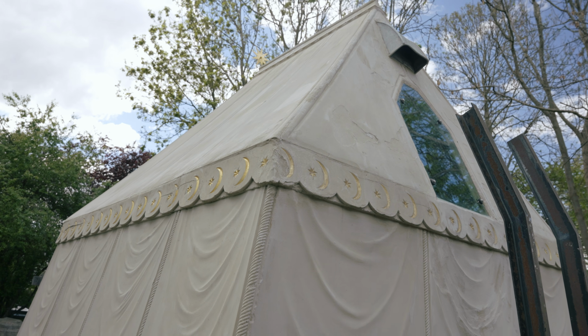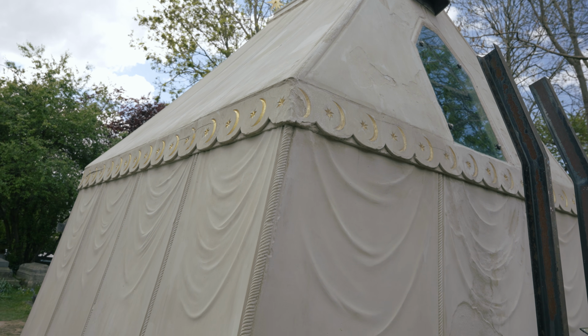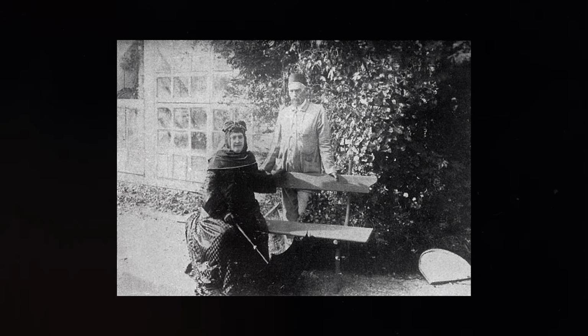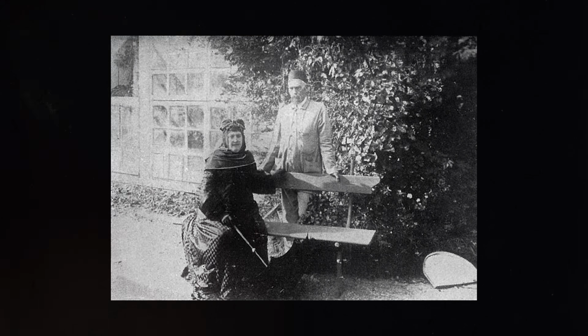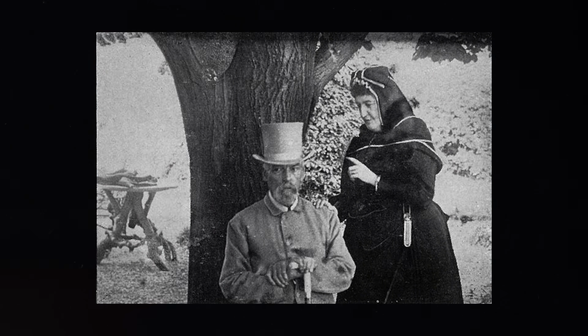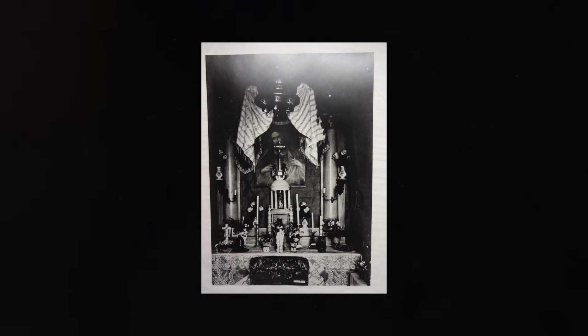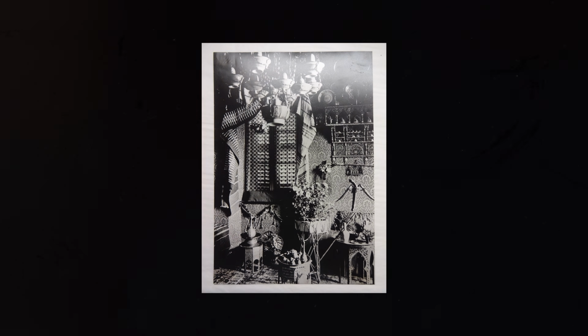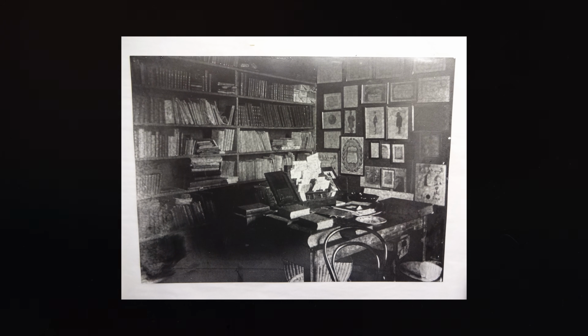The mausoleum brings to London very much of the atmosphere of the Burtons' house in Trieste, where visitors said that the house was divided into two parts. There was the Muslim part where Sir Richard spent most of his time, and the Catholic part, obviously organised by Isabel. And now that they are buried here in Mortlake, we can see the mausoleum itself represents these two strands, the Catholicism from Isabel and the very strong interest in Islam and the Islamic world from Captain